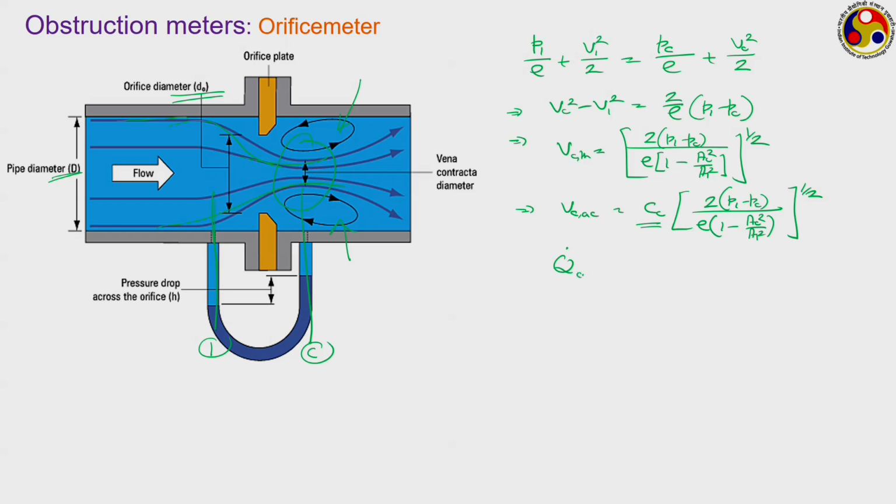So, q dot actual will be equal to the coefficient of discharge into Ac into Vc actual, which will involve